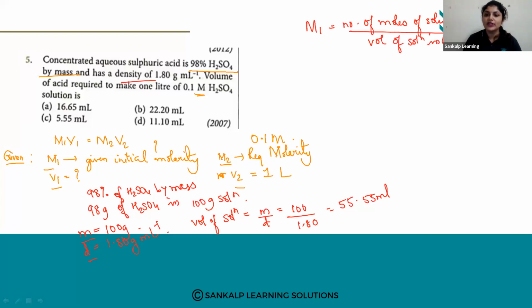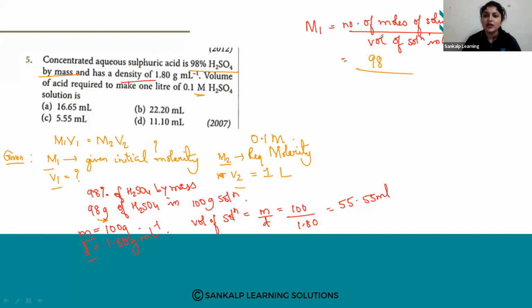Whatever is the given entity, we will write down. The number of moles of solute is 98 grams, divided by